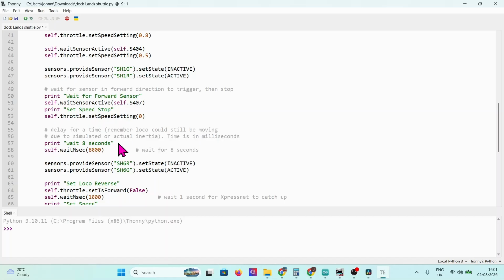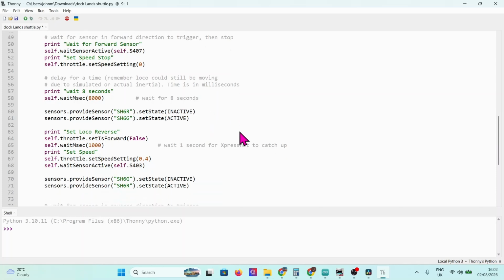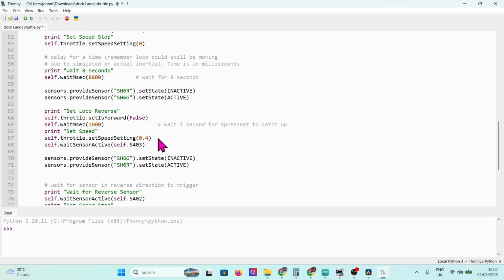I then wait 8 seconds. I then set the sensor here, so signal head 6, which is the one in the siding, I set the red to inactive and instantly set the green to active. You could put a slight delay in that if you wish, just to make it look like the signalman's actually pressing the button or whatever. I then set the throttle into reverse, wait a second as we say to catch up. I then set the speed to 0.4, and then I wait for the next active sensor, which is S403,